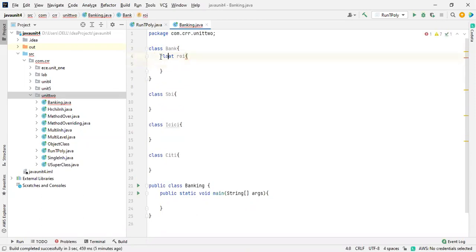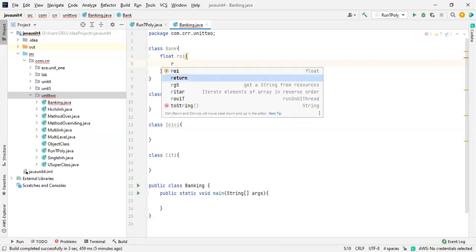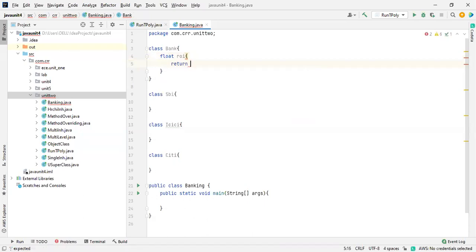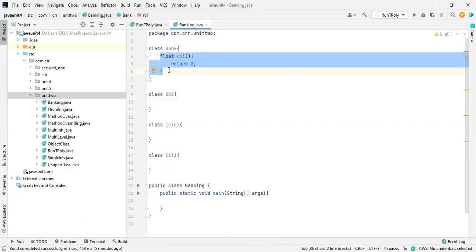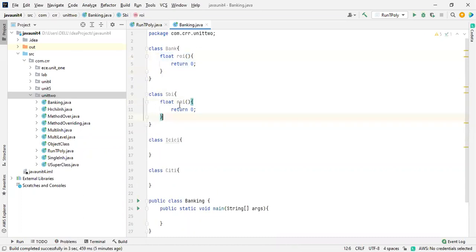So I just used a return statement over here. It is necessary for us to return a value. What value do we need to return, and how? Like 0. I need to mention this as a method. So I'm returning 0. Here itself, the rate of interest for the bank is like 6.2, I think. Like a float, I want to mention this. So this is all about runtime polymorphism.